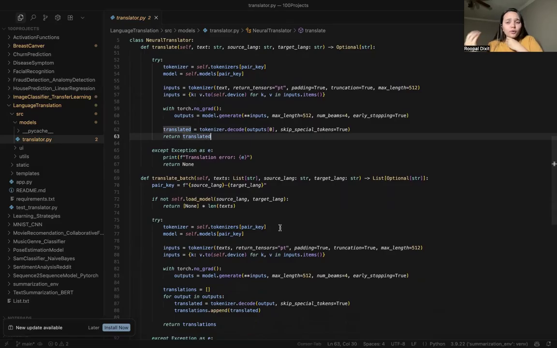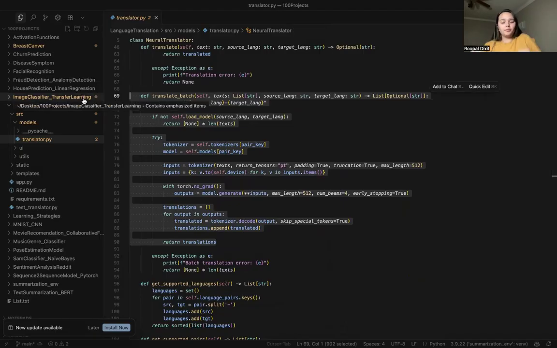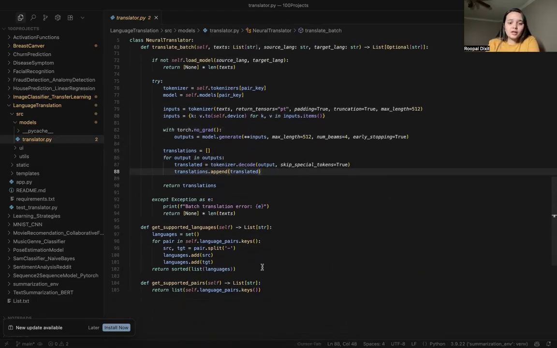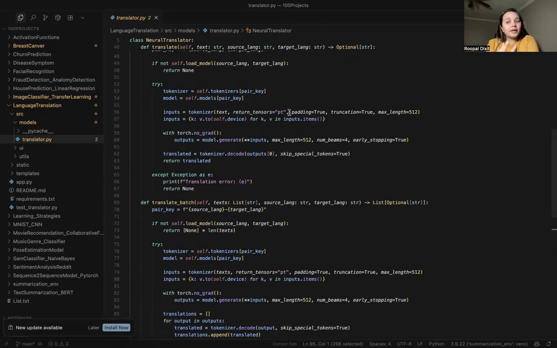So this is just for a single token, a single word, or if there is a sentence or a sequence. And this is for the batch, where everything is converted into a single batch and then processed. All the things are converted into tokens, and then the beam search is done, doing the same. You are taking out the translated version of all the values in a batch. And this is how the supported languages are there. You get the supported matrices also. So this is how a translation is done.